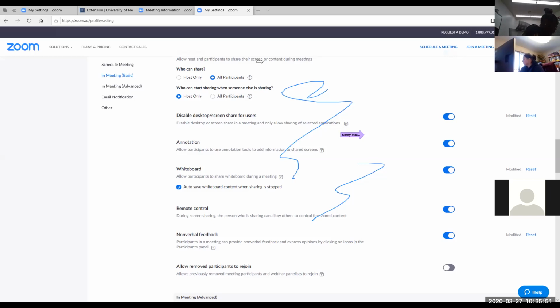So that is something, and then you can clear everybody's drawings, you can clear all the drawings on it. If you wanted people to engage, it's a way to engage people. So I would say click that, make sure it's on. You can also share a whiteboard